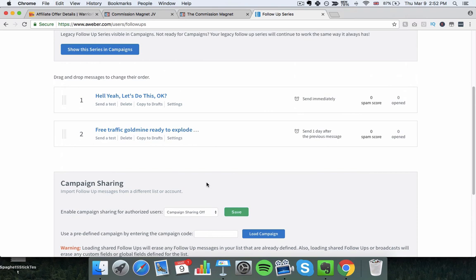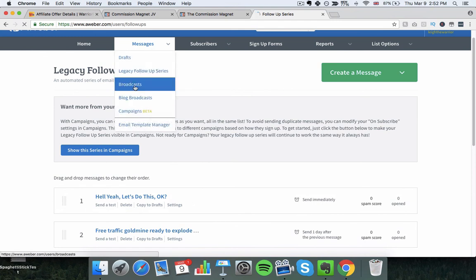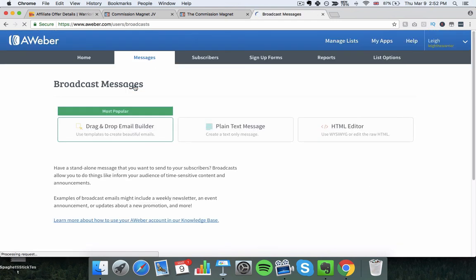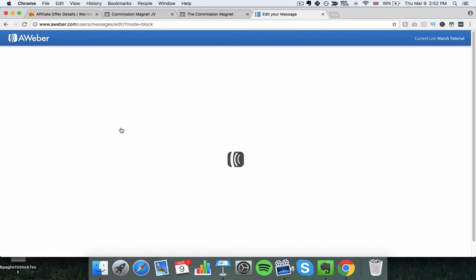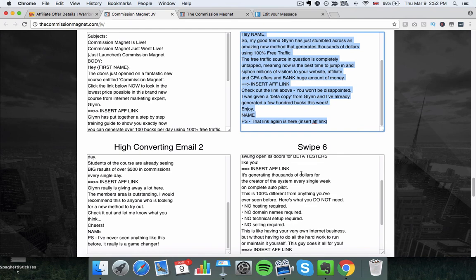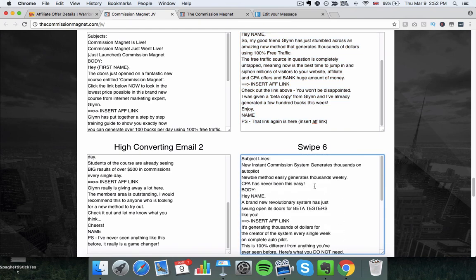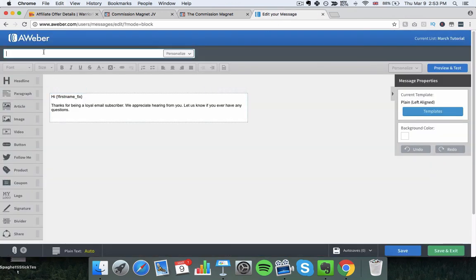Once you've done that, you can then send broadcasts as well. So we've got these emails that will automatically be sent whenever we want them to be sent, and then we can create a broadcast, and that can be sent exactly the same. So we'll just do another one here just for the sake of it, and let's just try one of these ones. So that one, put it in there,